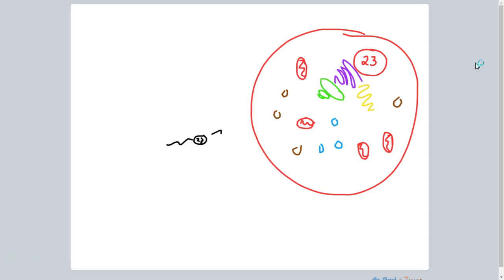It arrives at a female egg. The sperm head penetrates the egg, carrying its 23 chromosomes with it. Eventually, that migrates and finds its way to the nucleus, where there's fusion,